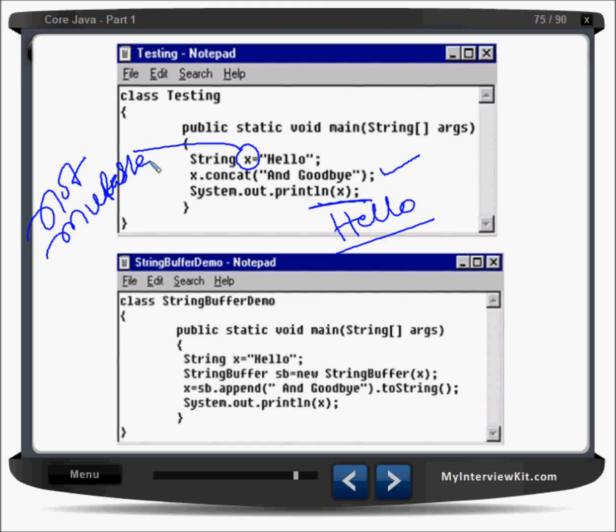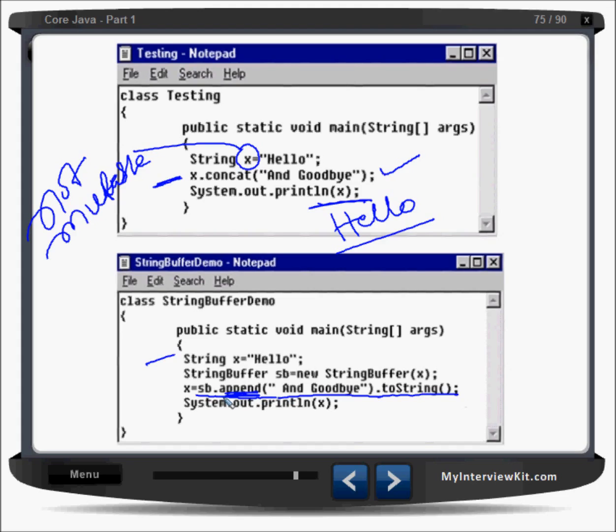But if you take a new variable here and say String s equal to something, and then print, you will get that value. Look at this example: String x equal to hello, StringBuffer sb equal to new StringBuffer(x), and then we are saying x equal to sb.append("goodbye").toString(). So the append method will append the value.